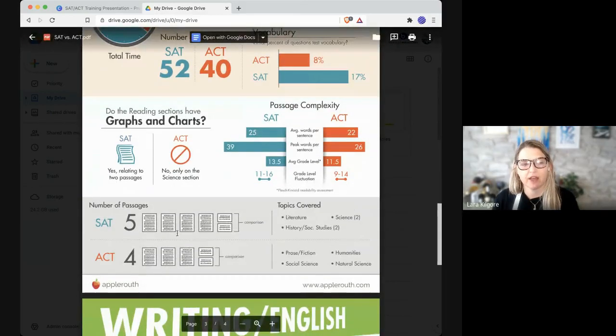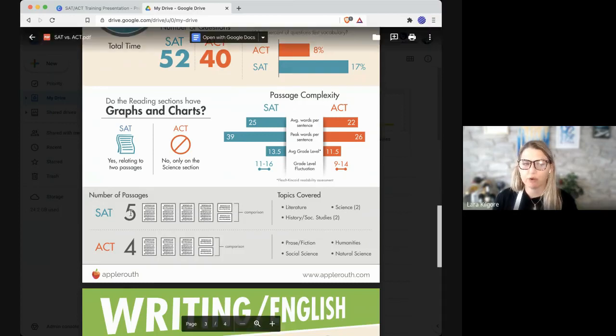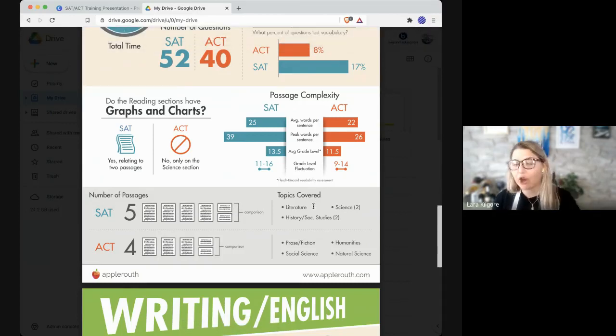Before I switch back, another thing to note for the SAT and the ACT, each one of them has a set number of passages. This is something that I feel like a lot of students don't use, but it's one of those skills where as you just do more practice, it becomes second nature. If you know that you're going into a reading section that has 5 passages, and that one of them is going to be a compare and contrast and the other 4 are going to be long passages, and I know that I'm going to have 1 literature, 2 history and social studies, and 2 sciences, then I could potentially get